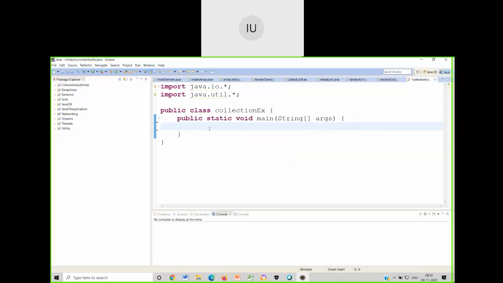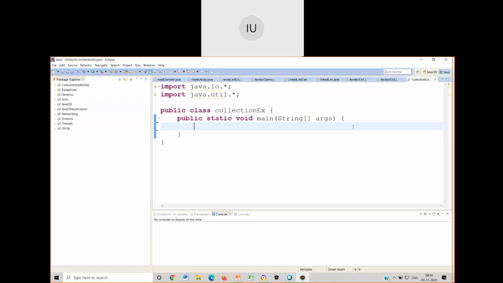Okay, so I've created an empty Java file over here, by the name collection example. Initially, I just have a brush up of the things we had discussed in the previous class, the various collection frameworks that are available in Java. In that, I did mention a set, I mentioned list, I did mention queues. Then we were left with what is called a map. Hash map I will be taking in the next class.